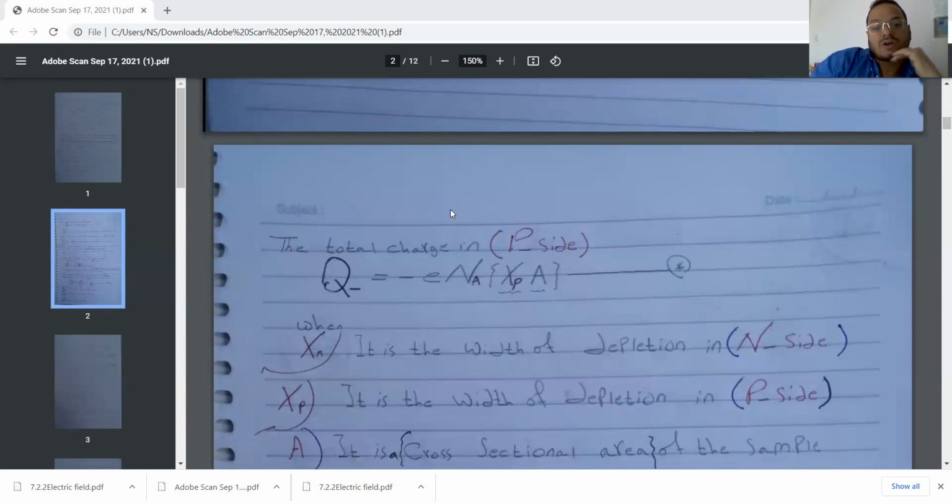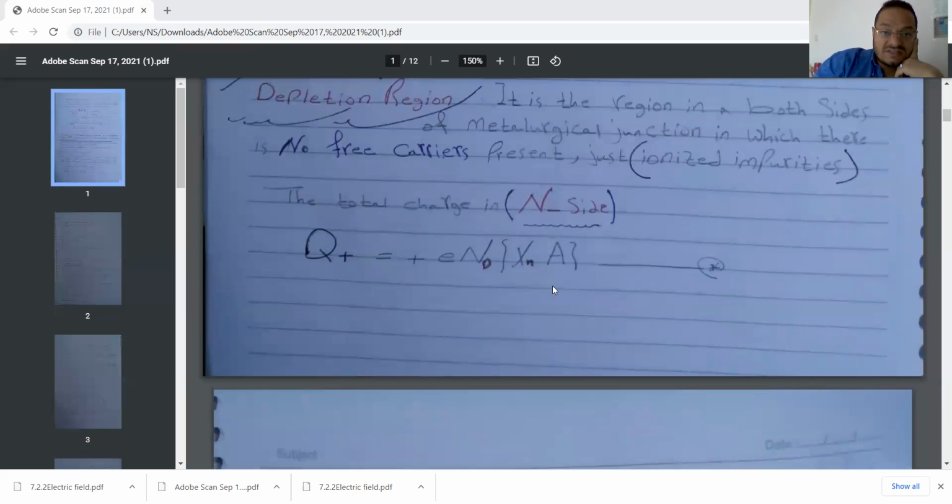Now, let's talk about the total charge in the p side. In the p side, we'll put a minus beside the Q to calculate the potential here. In the p side it equals minus electron charge, acceptor concentration, width of the depletion region on the p side, times the cross-sectional area, like I said here,